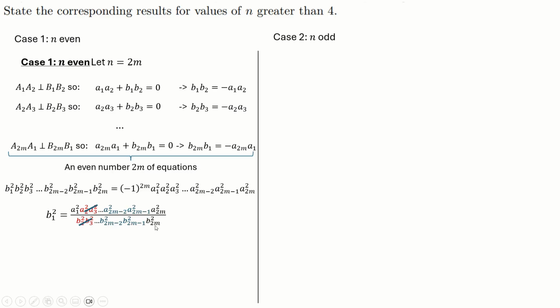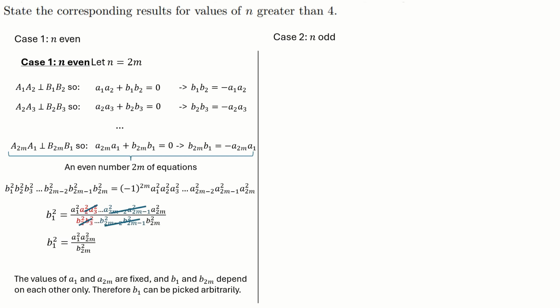Now, because 2m is even and you're missing the first term, there's an odd amount of b's here from b2 to b2m because b1 is missing. So when these cancel in pairs, you're not going to cancel the very last one out. You're just going to cancel them into pairs up to the very last one, which means you then get left with this here. And then, of course, that means that we're in the case we were in before, where we can just arbitrarily choose a b2m, and then we get b1